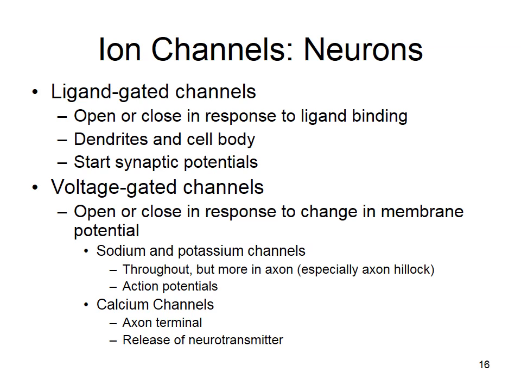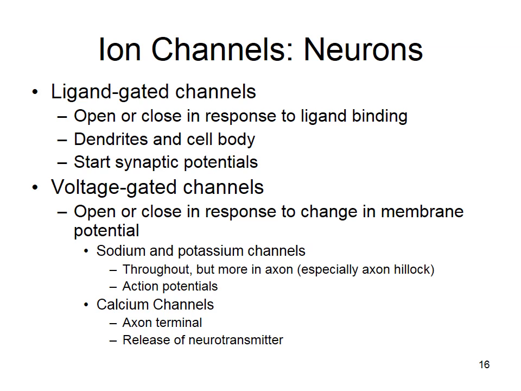Your neurons have three types of voltage-gated channels: sodium, potassium, and calcium. Sodium and potassium voltage-gated channels are found in high abundance starting at the axon hillock and then all the way down the axon. They're what cause action potentials. Voltage-gated sodium and potassium channels cause action potentials. And then at the axon terminals, you have voltage-gated calcium channels, and they're what cause exocytosis of neurotransmitter. Here I just said release, but neurotransmitters are released by exocytosis.